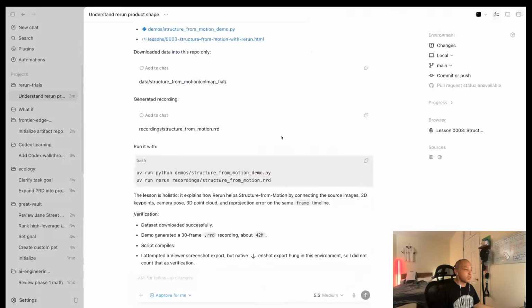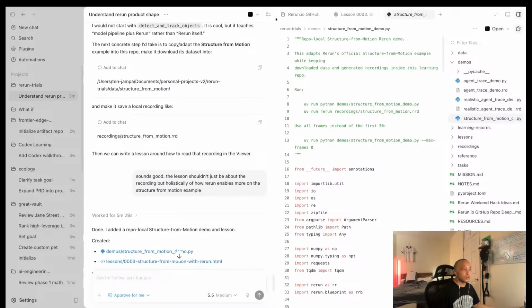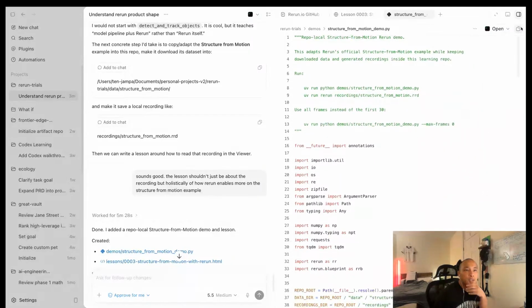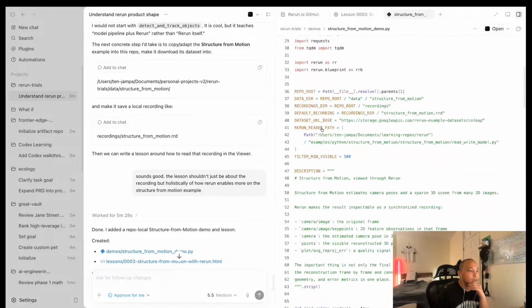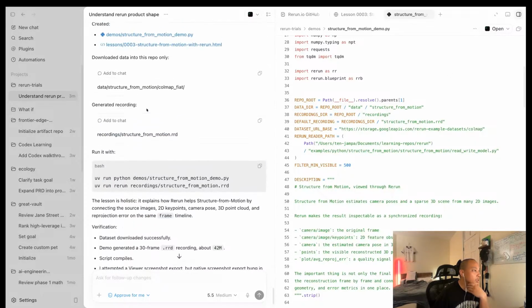Let's see. So let me just take a look at the code for a while. Should be kind of similar to the one in GitHub. So basically you have the data, then you have the recordings, which is the .rrd file that you have converted to.